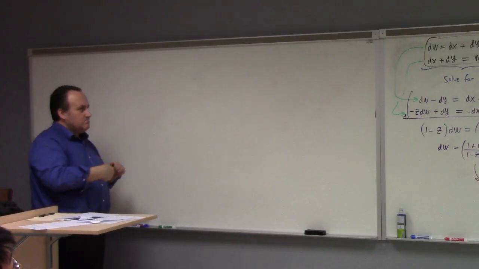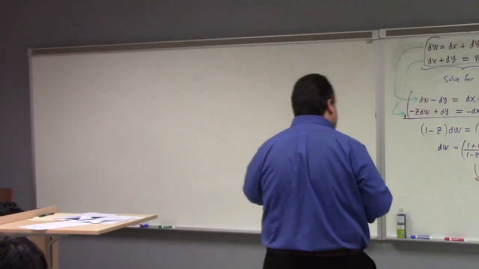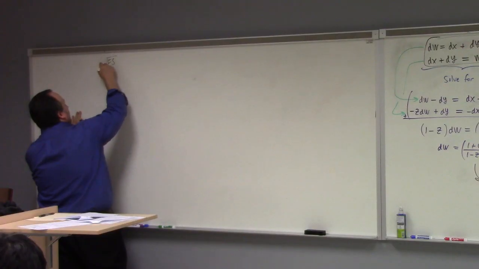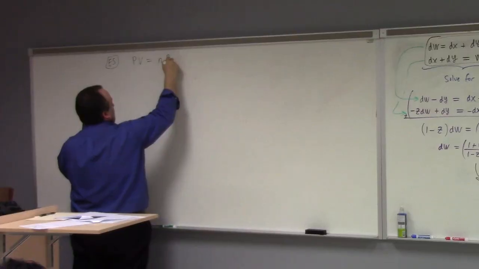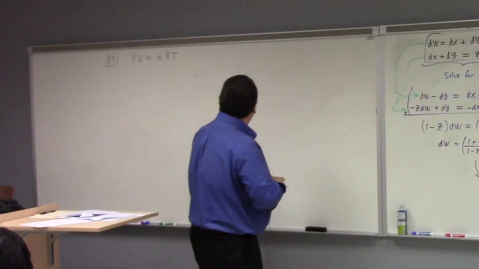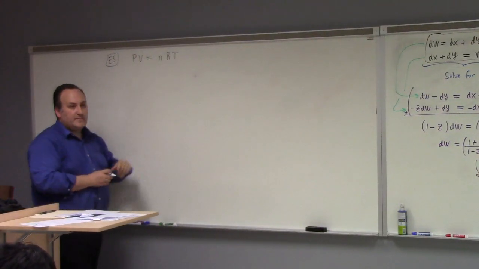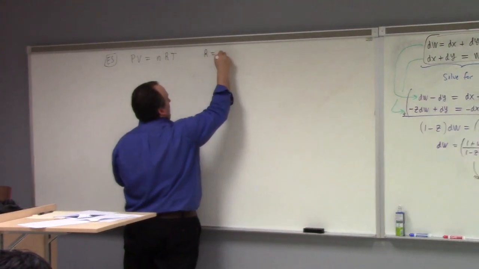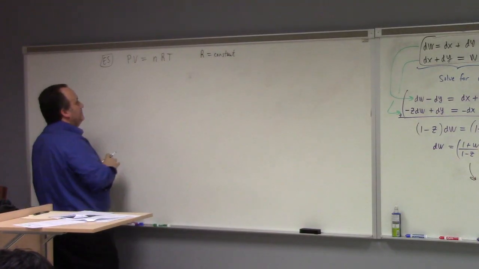So let me show you a physical example. Do you guys know the ideal gas law? PV equals nRT. Ever seen this? Pressure times volume is equal to the number times the gas constant times the temperature, right? So here R is a constant. So this is the so-called ideal gas law, all right? And so